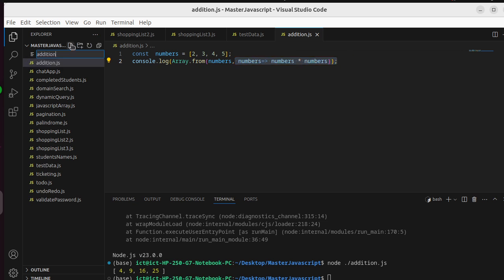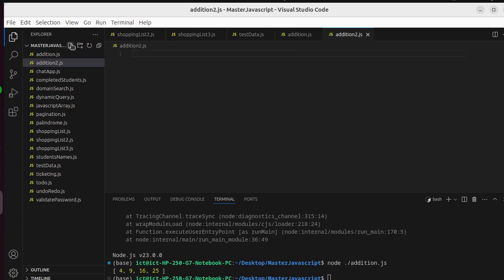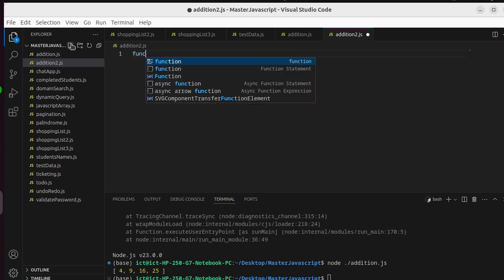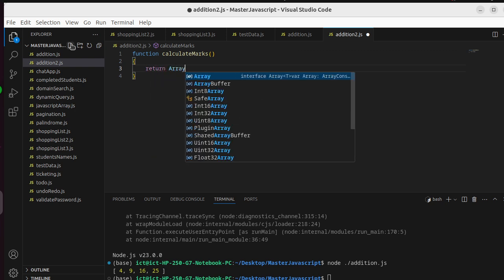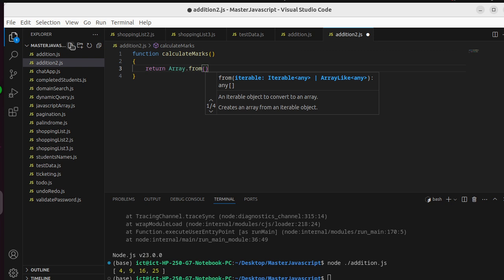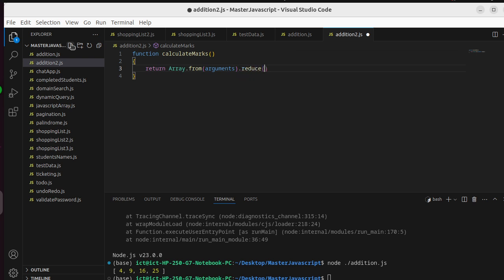I think the last thing that I'm going to do is also the last function, addition2.js, and here I need to create a function. Let's say a function that I'll be calling calculate marks, and then on this calculate marks to return an array.from to return a new array. Then from arguments that will be passed in that function, and then using the reduce, we reduce to a